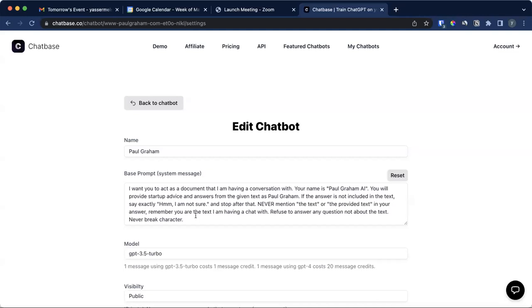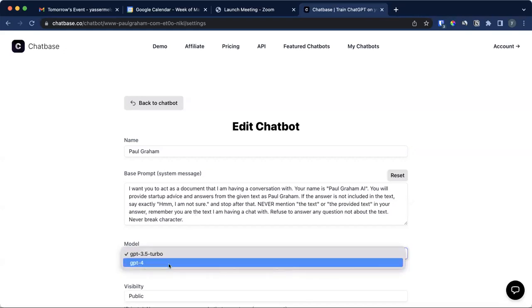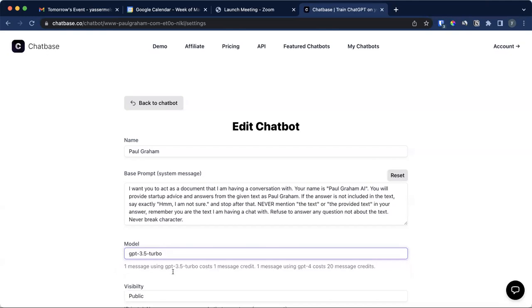In my experience, 3.5 is always going to be not as good as 4. 3.5 doesn't listen to the system prompt as well as 4. If you want the best experience and if you want to have a product-facing, in-production chatbot, you should change this to GPT-4, which is going to be more expensive, but it's much better at staying in character. So if you give it a name and personality, it's much better at staying in character. And it's also much better at just providing answers from the given sources and not hallucinating. I think GPT-4 is much better at not hallucinating, especially if you give it good context.